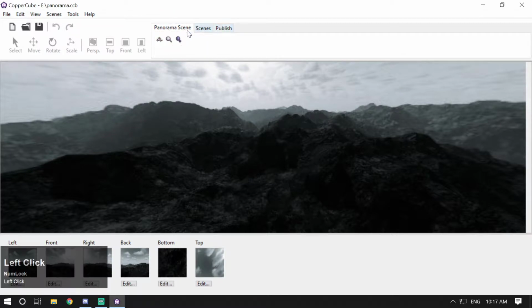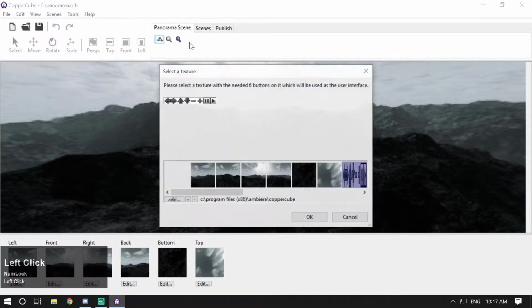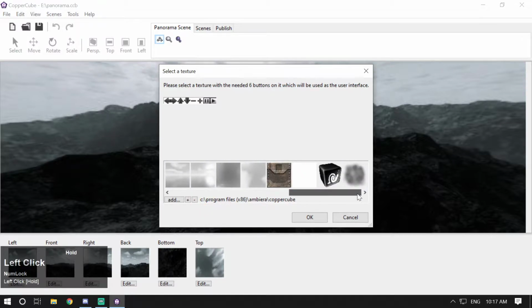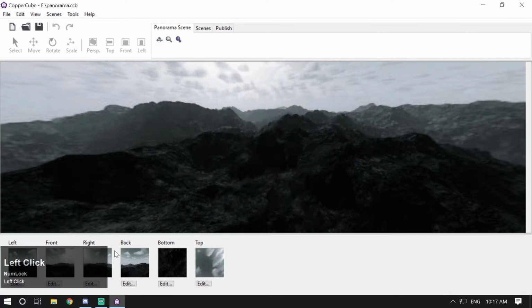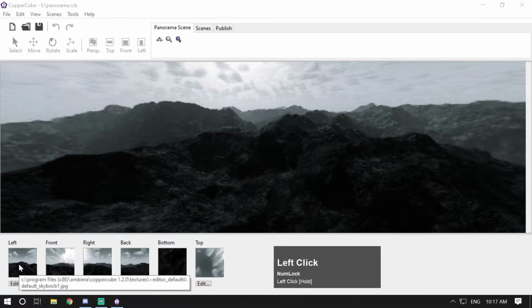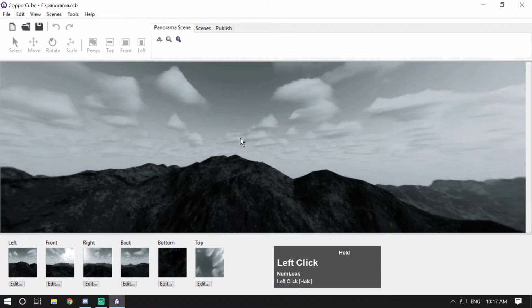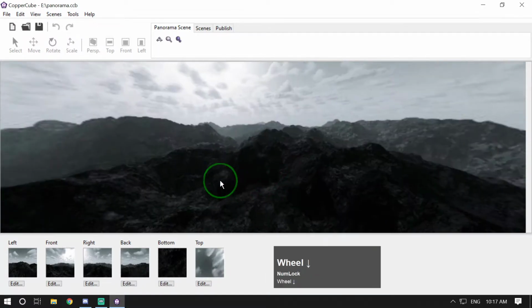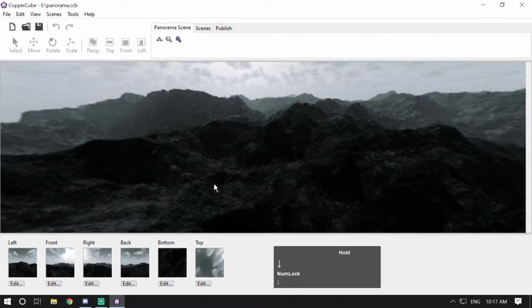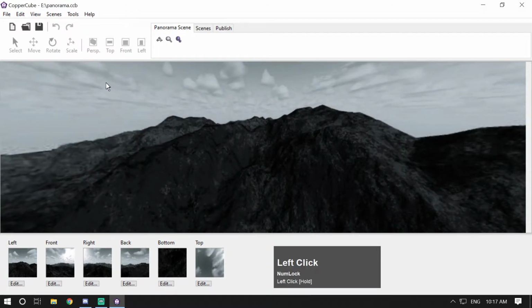So this is our panorama scene, which is an additional tab near your scenes and publish tab here, which contains user interface settings, which will have user interface icons: left, right, up, down, zoom in, zoom out, pause, play, etc. And from here you can change your panoramic skybox: left, front, right, back, bottom, top. This will be a handy tool in creating skybox because it's really hard to do the skybox in